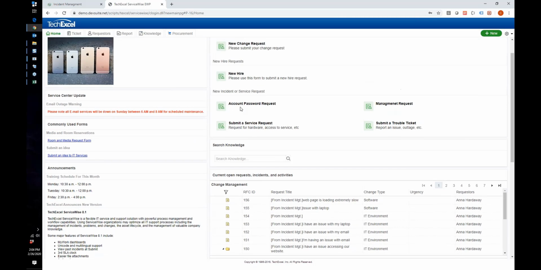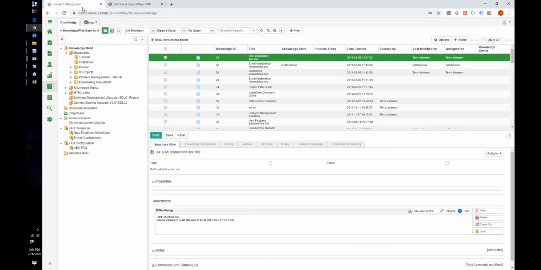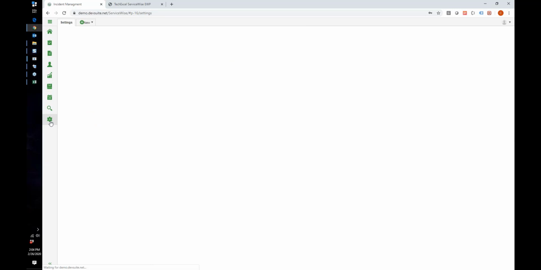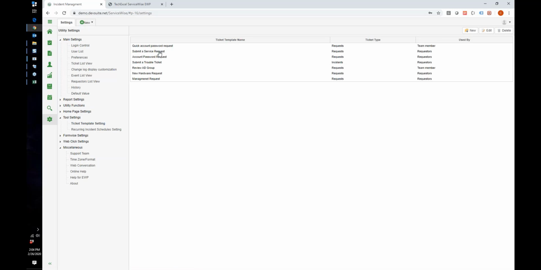Okay, so the next thing I wanted to show you is something like this right here. These are actually done by the incident templates. If I flip over to the team side of things, all I have to do is go to settings, and once I go there, I'm able to use our ticket templates right here. So I'm going to go into the account password request right here,